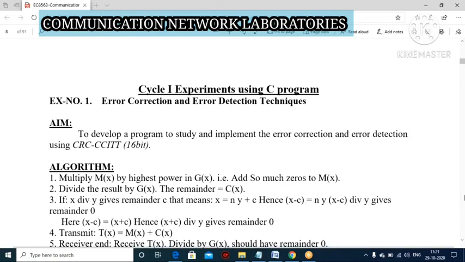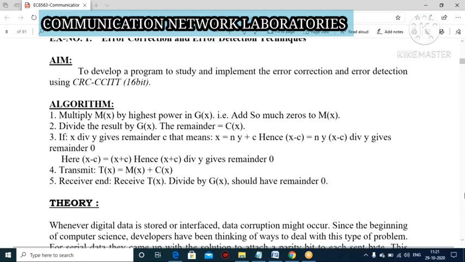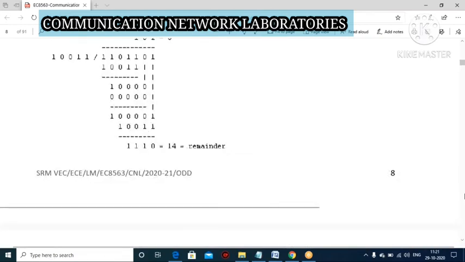So CRC is nothing but the cyclic redundancy check method. Okay, I'll show the demo here also, no problem. Right. So before starting with this